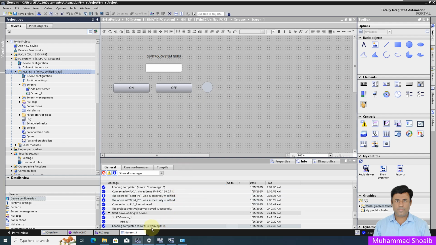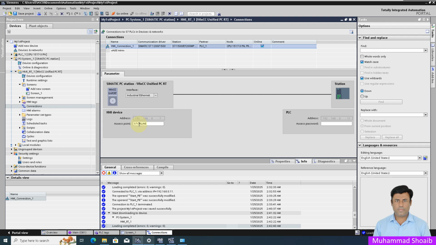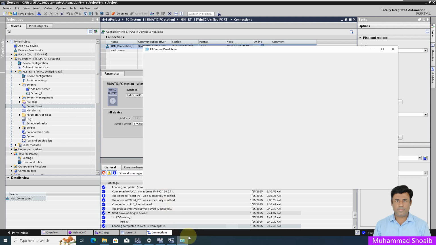Our project is successfully downloaded. Before moving to the next step, you must ensure the connections. Here you can see we have a 709 connection for our WinCC Unified runtime application, and for the controller we are using PLCsim Advanced. So you must ensure